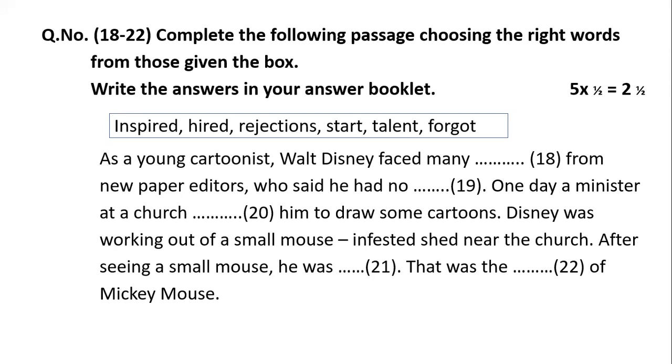Disney was working out of a small mouse-infested shed near the church. After seeing a small mouse, he was inspired. That was the start of making mouse. Okay, children? Yes, for this 2.5 marks. Now,